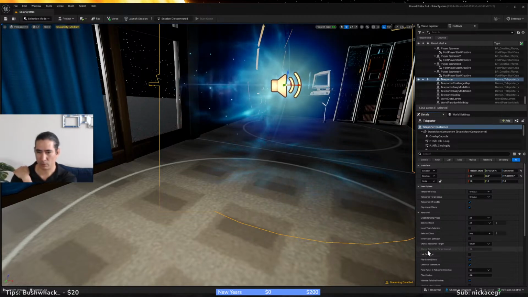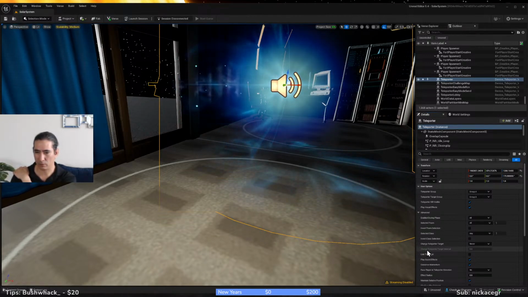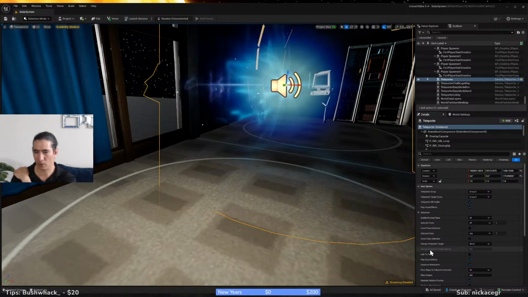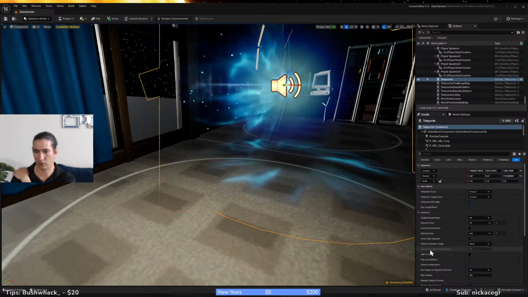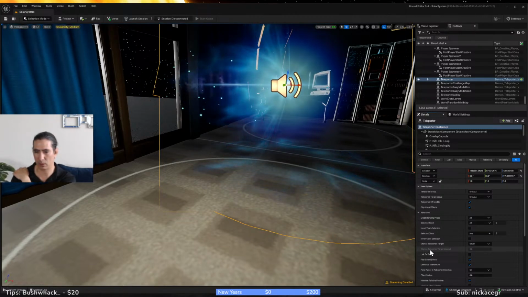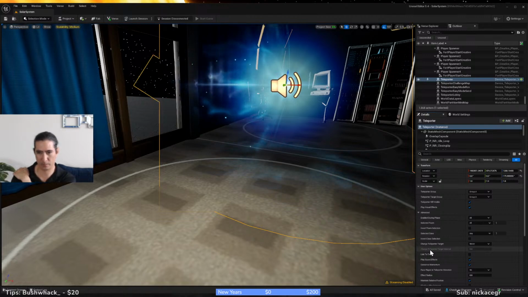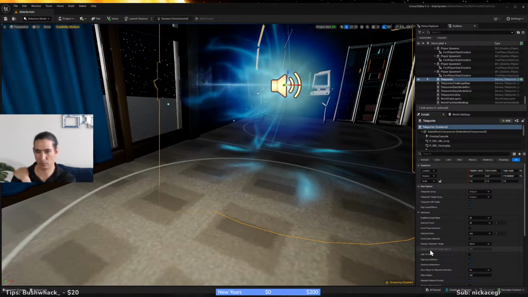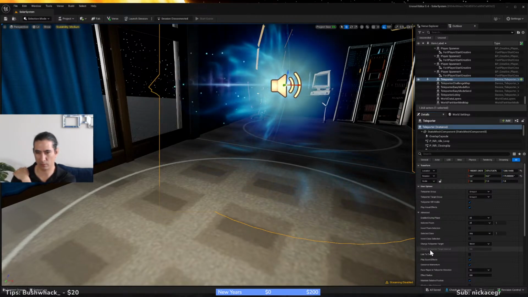Change teleporter target. Now change teleporter target interval. Oh, is the time how often the teleporter will select a new random destination from its target group. Interesting.